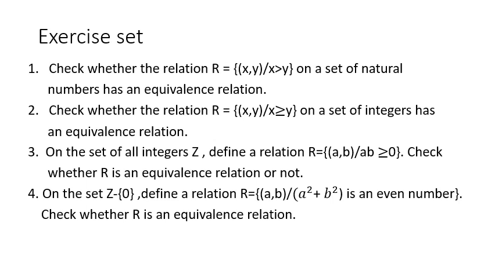Okay, so there is an exercise set from what we learned in equivalence relation and partial order relation. The first question: check whether the relation R equal to the set of ordered pairs (x, y) given x greater than y on the set of natural numbers is an equivalence relation. That means consider the set of natural numbers 1, 2, 3, 4, 5, etc. and take ordered pairs (x, y) such that x is greater than y. That means you can take the ordered pair (3, 2), then (3, 1), then (4, 1), like that. In this relation, you need to prove it is an equivalence, that means reflexive, symmetric and transitive.